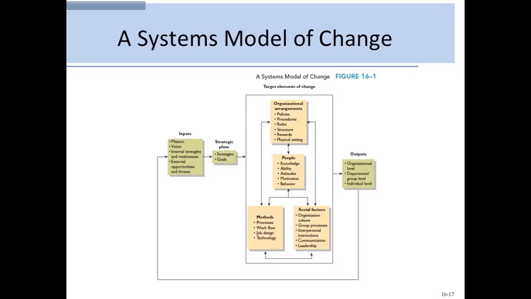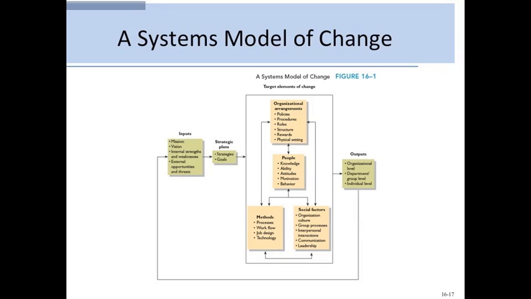And here's a model of that systems approach. You see the inputs there being things like the mission, the vision, the analysis of the organization. This is basically what motivates the organization to change, what motivates the entire organization's being: the mission, the vision, the analysis of both the external environment as well as the internal. That helps us craft our strategy.